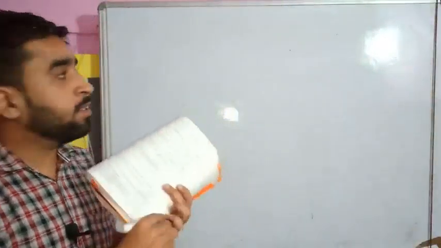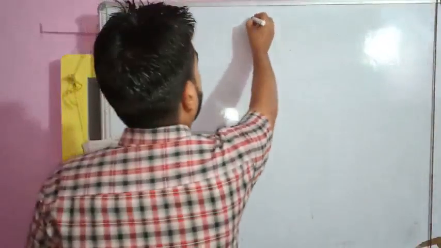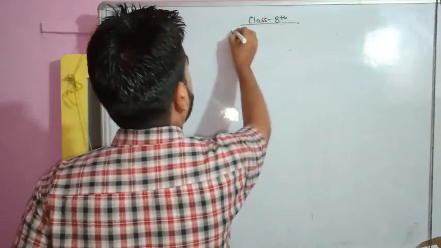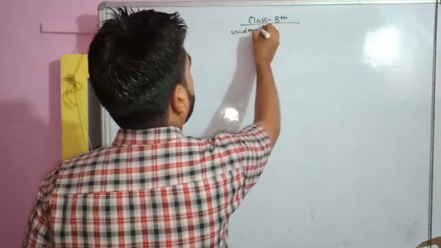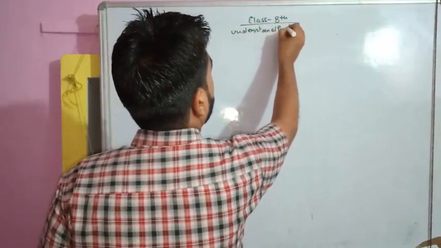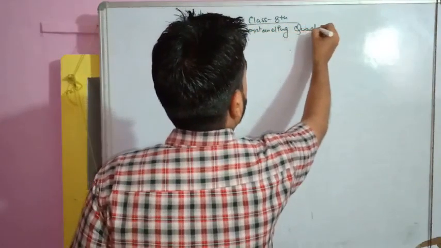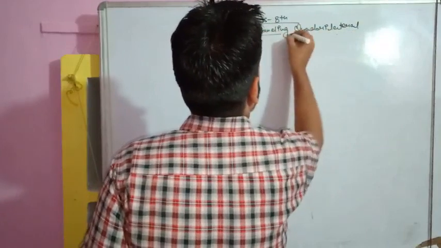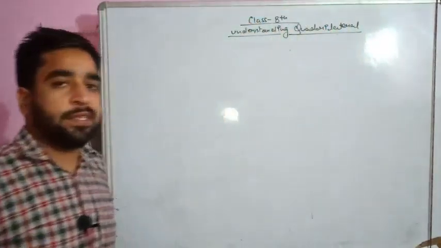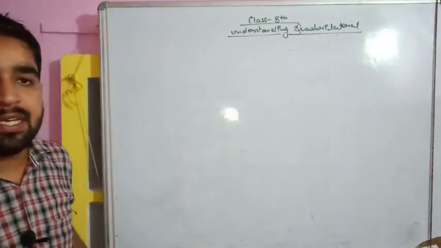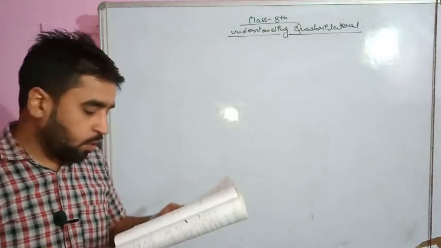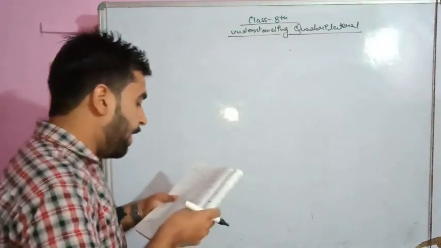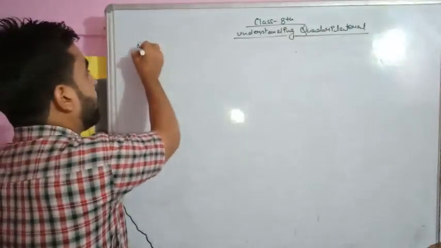Class 8th. So this lecture is going for you. Chapter number 3, Understanding Quadrilaterals, was going on. And students, we were solving the extra questions of this chapter. A few questions we have already discussed in my last lecture, and right now we have selected a few questions, so we will solve these questions. I am writing the question, you may watch it clearly.